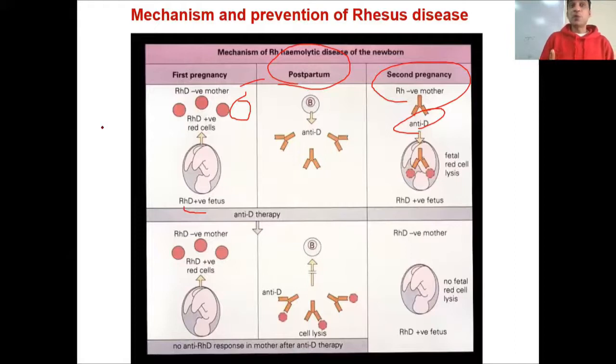Now think about that mom who is about to deliver a baby who is negative, oh sorry, who is positive. So a negative mom is about to deliver a baby who has RH positive blood. So she is about to face a very real, very strong threat to her life, because if the blood stays inside and she gets more exposed, the mom's immune system will have to work very hard to destroy all the RH positive blood cells out there. But even if the mom's immune system wins, as it usually does, the result is what? The result is the presence of anti-D. Now in the second pregnancy, the mom's blood is carrying the anti-D.